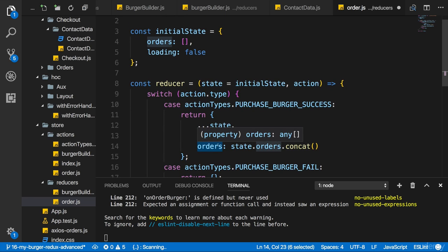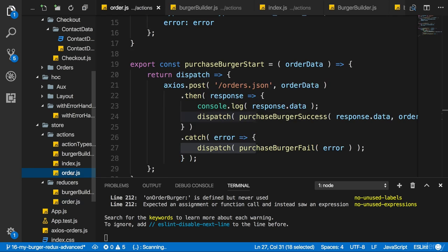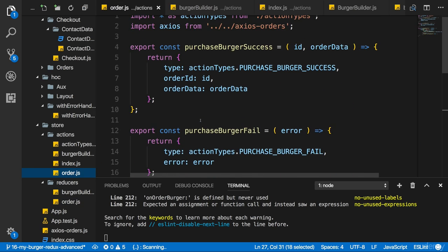Now, that new order I want to add here actually is the order I receive via the action. We can see this in the order action creator. There we receive order data, but we also receive the order ID on a separate property. I need to merge both together into one object here.